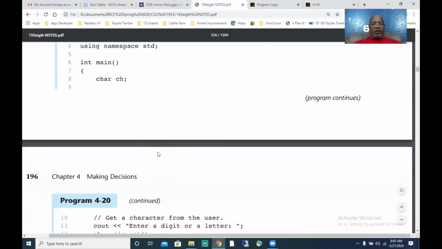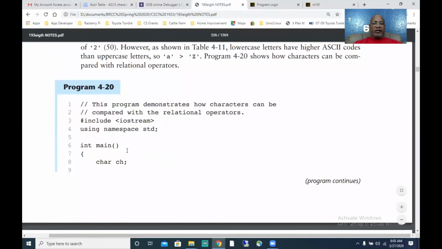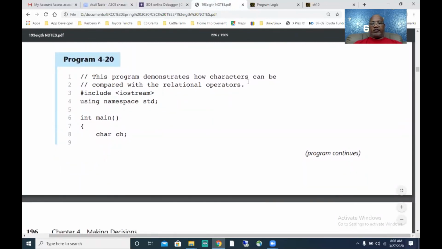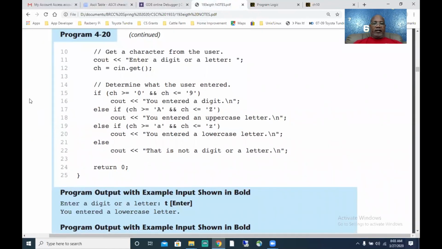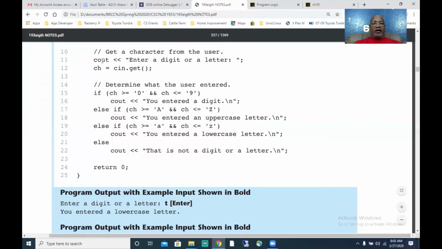So let's look at this program and then we'll write our own little program. It says this program demonstrates how characters can be compared with a relational operator. Here we have a variable declared as char ch. At line 11, it says enter a digit or a letter, and then we have ch equals cin.get. So we're going to input a value, and whatever value we input is going to be checked to see if ch is greater than or equal to, and notice what we're checking for